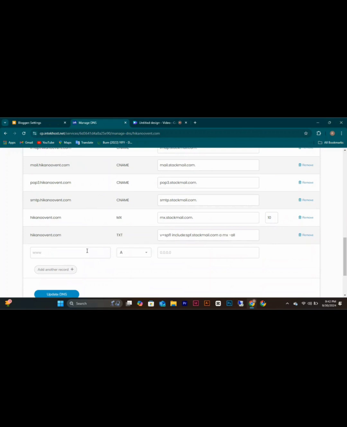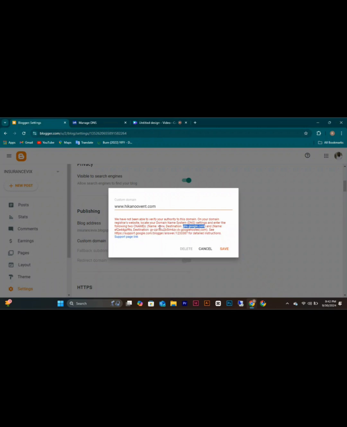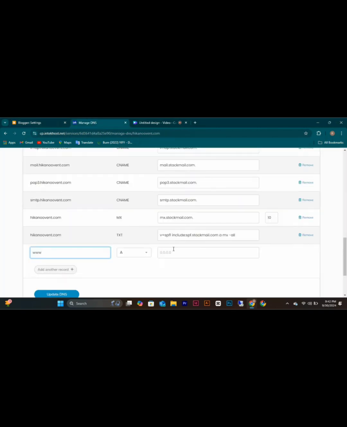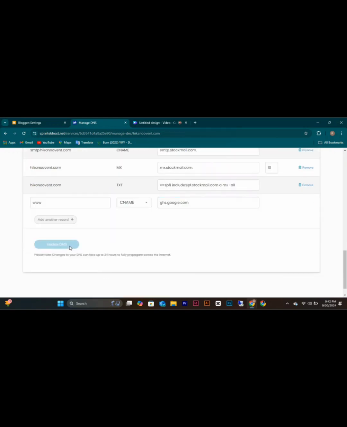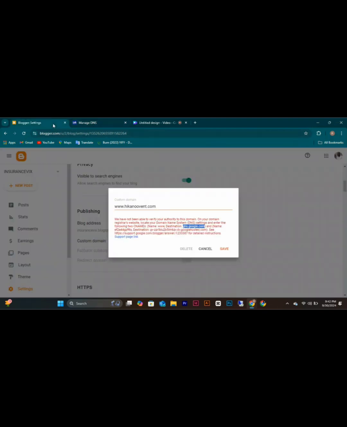Now on your DNS, add the www as the name here. Then you come back. That's this one. So the one we copied, we'll change this one to CNAME. Then add the one you copied, paste it here. Once you're done, click on update DNS. Then move back. Then we do the same thing for the second one, where you are going to copy